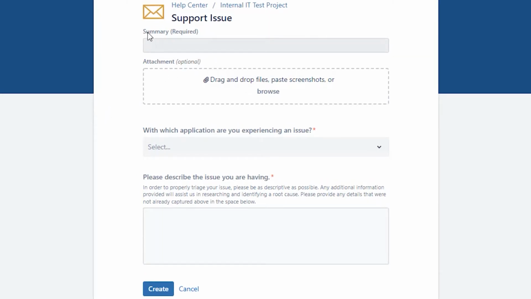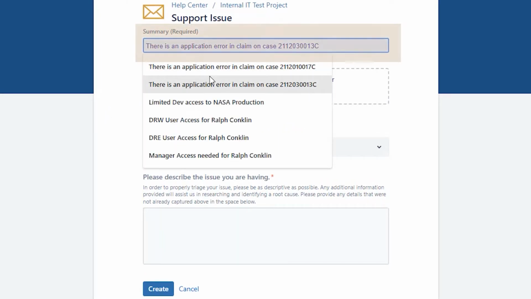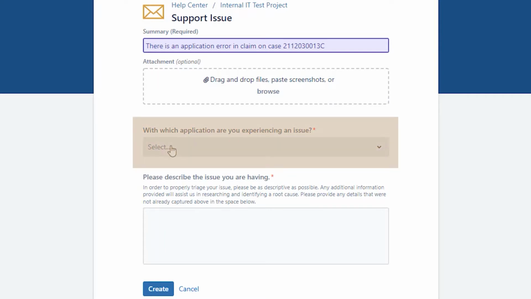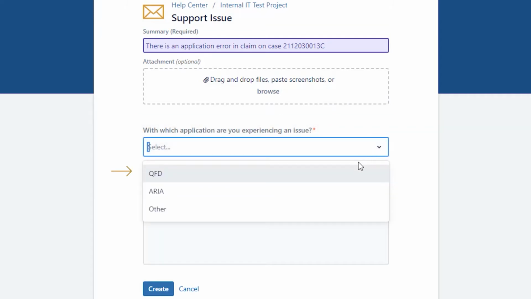The form begins in familiar fashion, requesting a summary of the problem. There is an area available for the client to attach supporting documentation and screenshots for the issue in question. Next, the new form asks which application the client is having an issue with, with drop-down options including QFD, ARIA, and